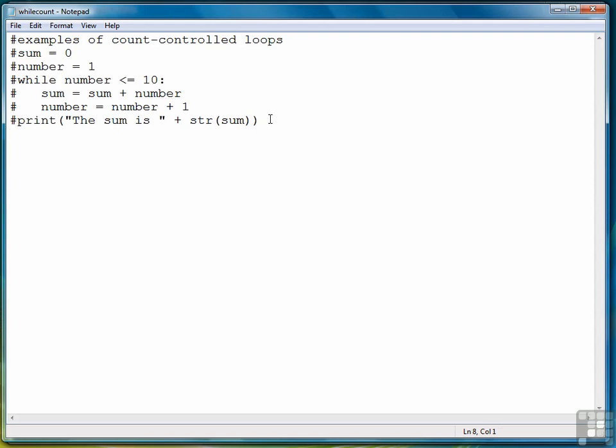So let's look at another example of a count-controlled loop. This time we'll do one a little bit differently. This time we're going to look at how to compute some simple interest on a savings account, for example. So we're going to set up a balance variable and a rate variable and a year variable. And we want to see how much the balance will increase growing at a simple interest of 2% per year for 10 years. So we'll say while year is less than or equal to 10, compute the new balance,